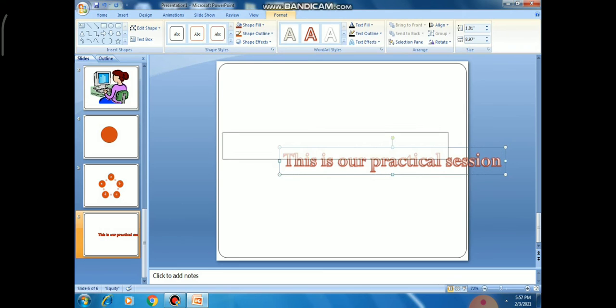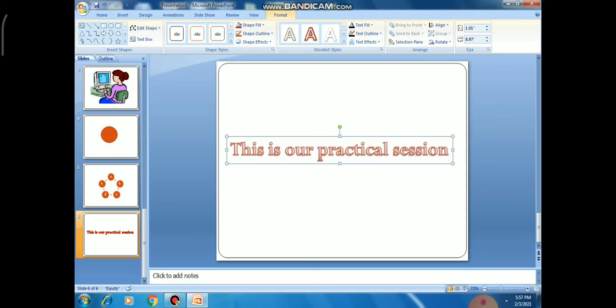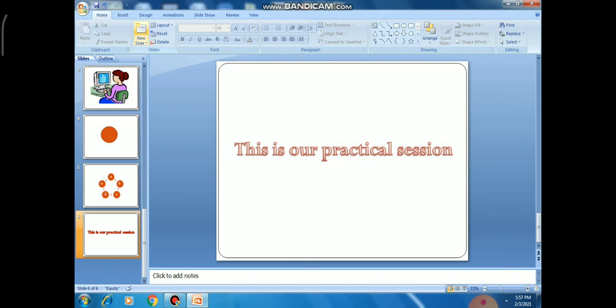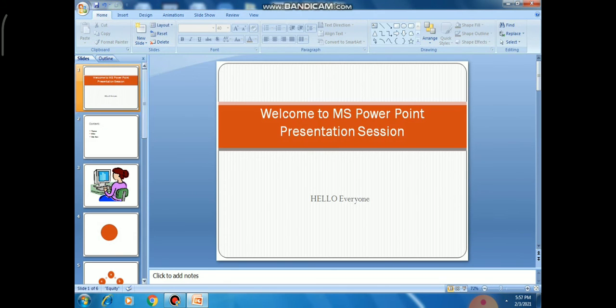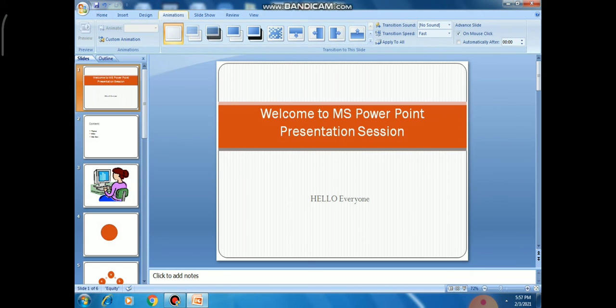I can also adjust this as per my requirement. So dear students, here I am adding a new slide, then adding clip art, similarly smart art, similarly word art.